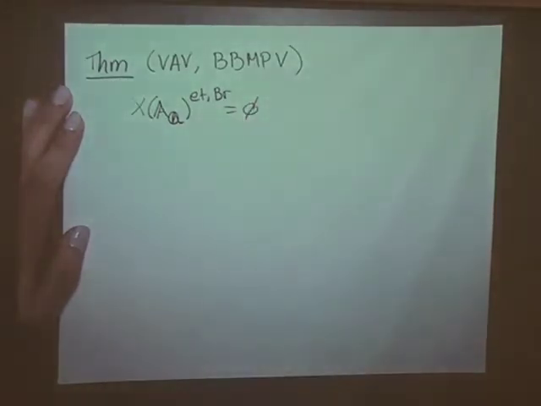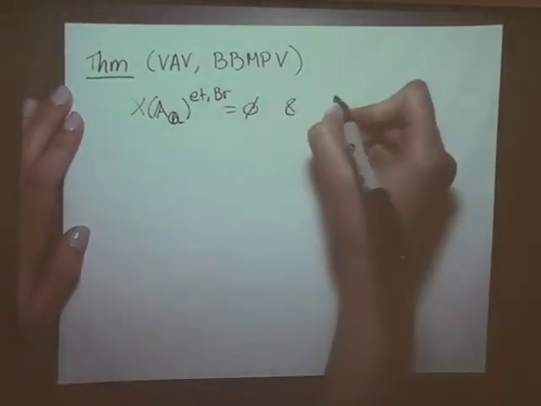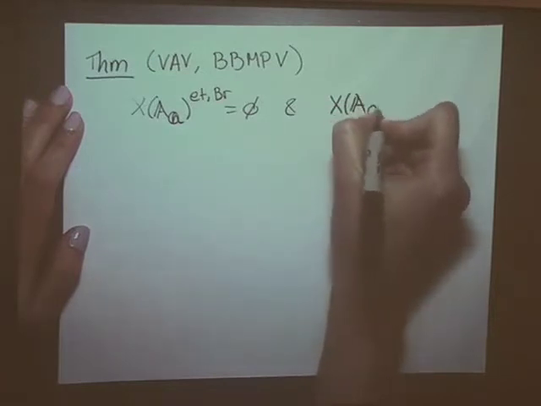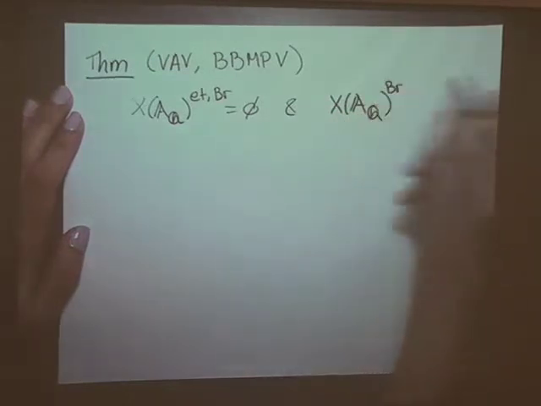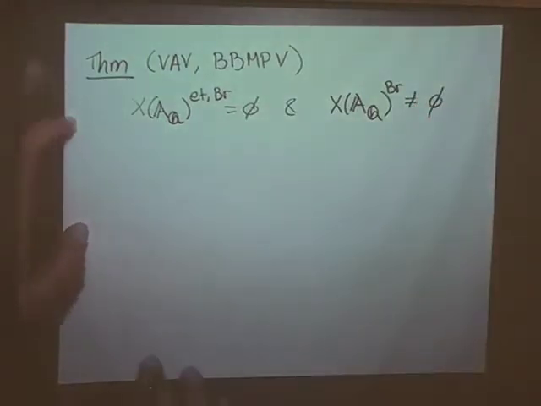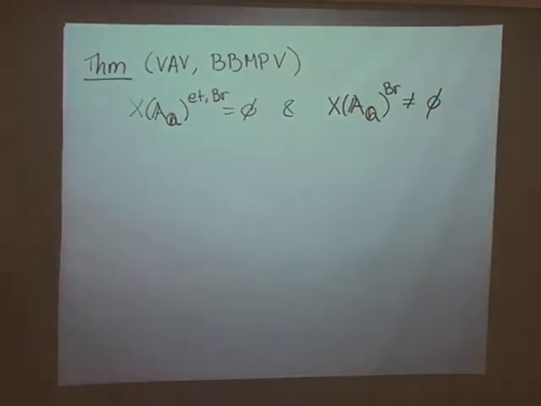Étale-Brauer obstruction to the Hasse principle, and the no Brauer-Manin obstruction to the Hasse principle. Okay, so that's the goal, to prove this. So why did I put two papers? Well,